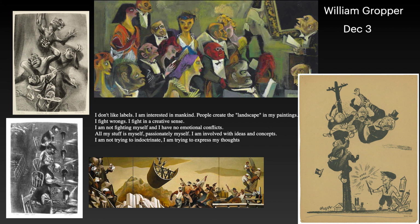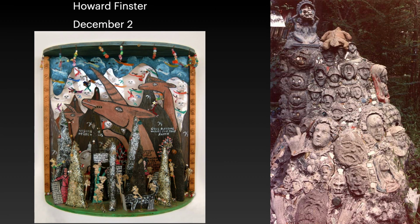And even when they show people sitting at a table, they're all in a row. They're stacked up, and you'll see that similarity as we go. It's very important. Howard Finster got famous by doing a couple of album covers. One of them for REM. I can't remember who else he did for, but